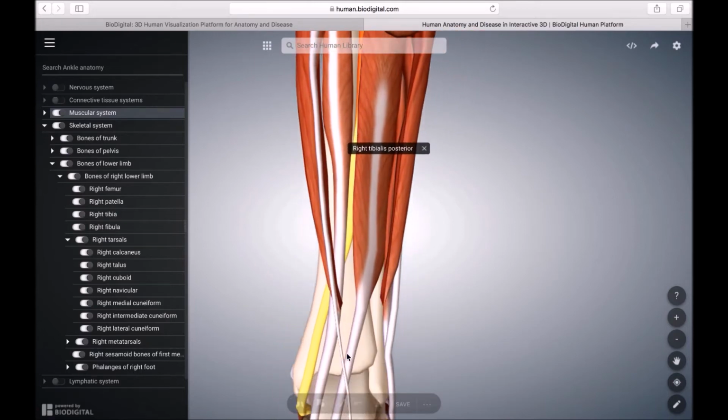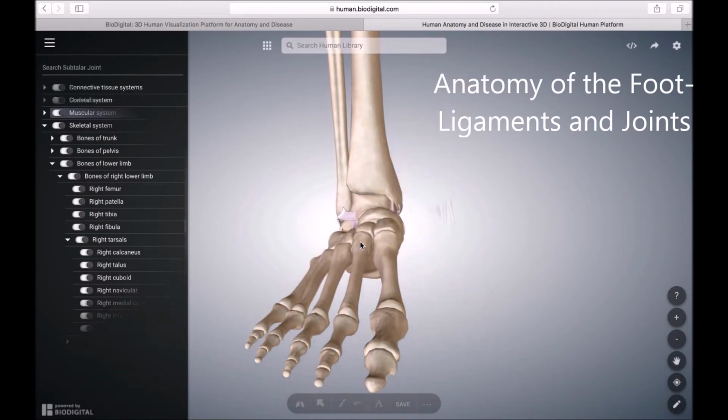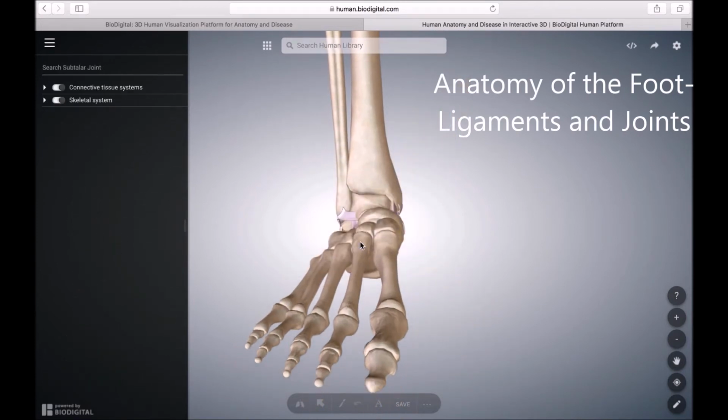But what we also see is that they invert mainly, but they also contribute towards plantar flexion as well, as they insert underneath the foot. We will look at the joints that are affected, as well as the ligaments that could be affected during any supination